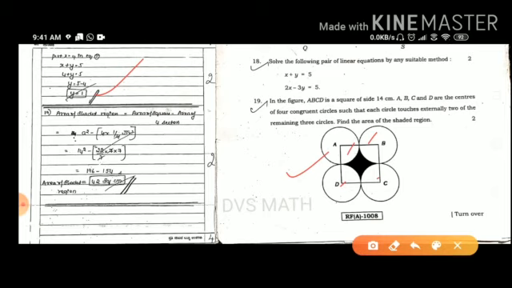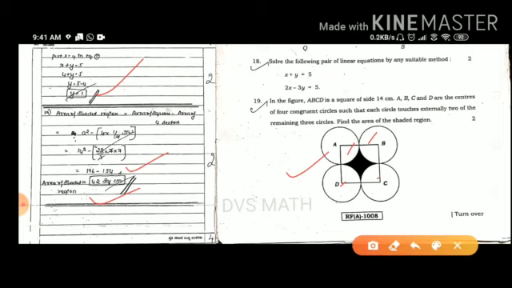Area of the square minus the area of 4 sectors, and the formula as you all know, area of square minus 4 times the sector, it is 90 by 360, because it is 1 by 4 pi r square. Substitute pi as 22 by 7. If you simplify, finally the answer is 42 square centimeter.